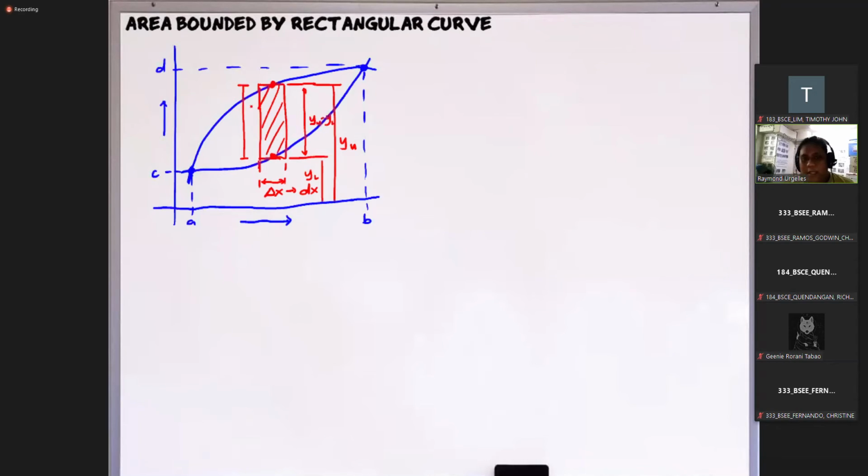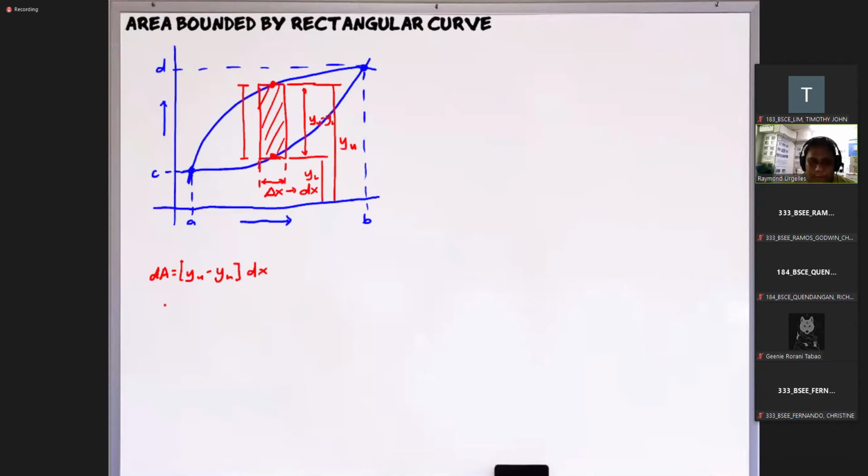And since we consider all the vertical strips, the rectangles from here to here, we take a rectangle of each. Therefore, this is the direction of our integration, and the limits of integration are from A to B. It's easy to determine because of dx, we look at x. So the differential area, that is the area of the rectangle, is simply base times height. That's y upper minus y lower, multiplied by dx.